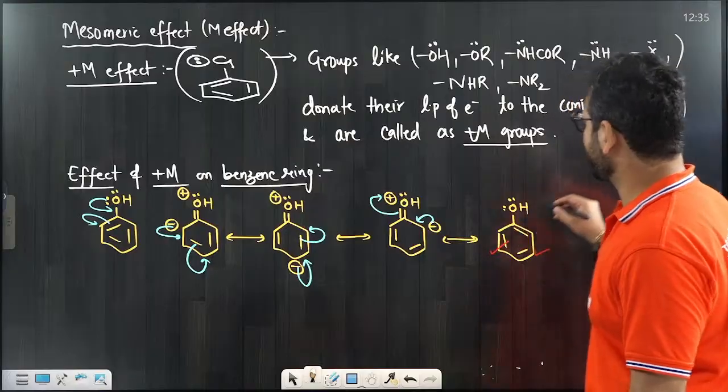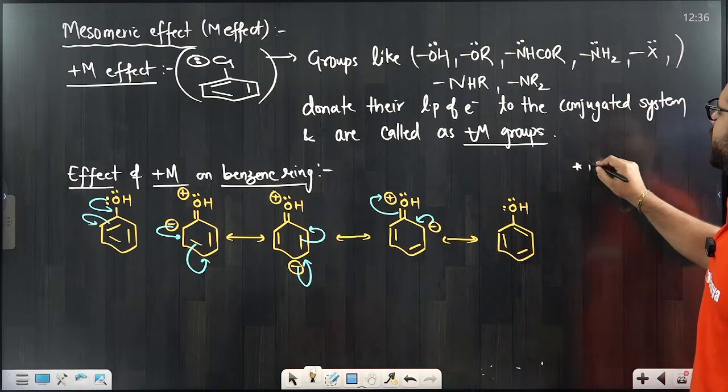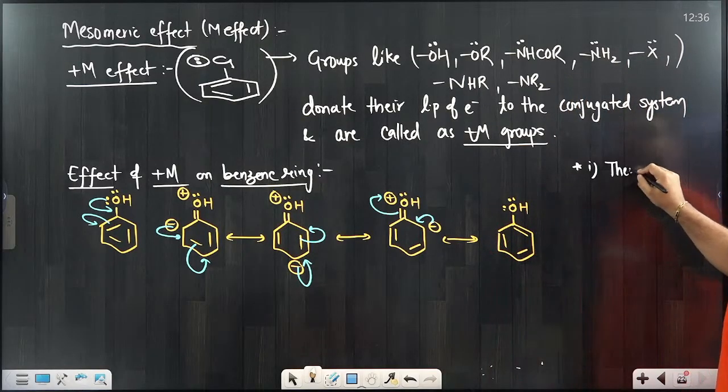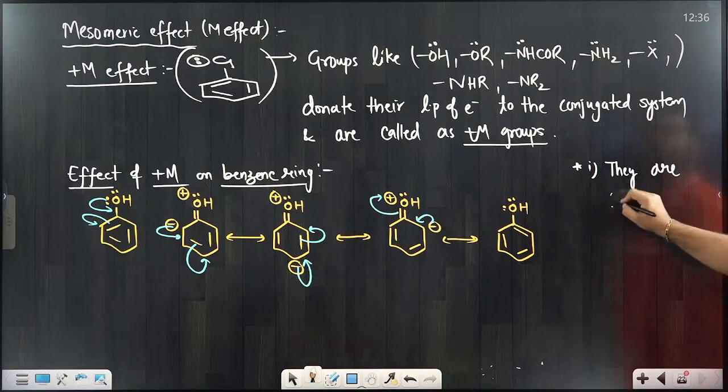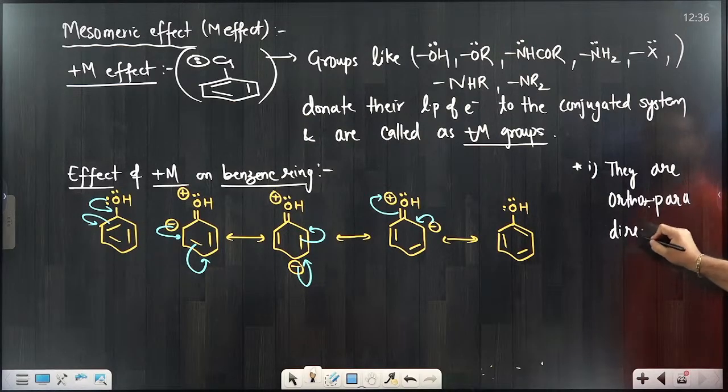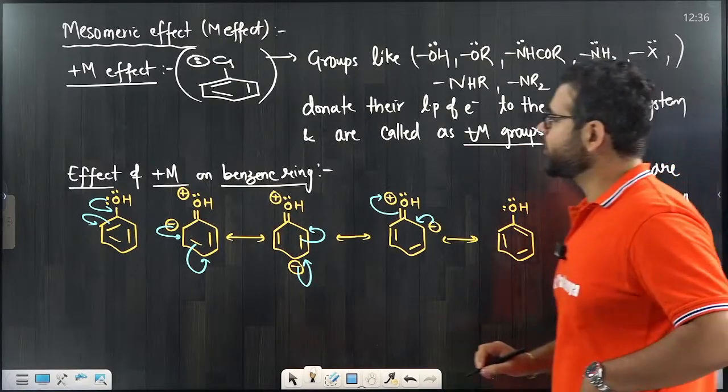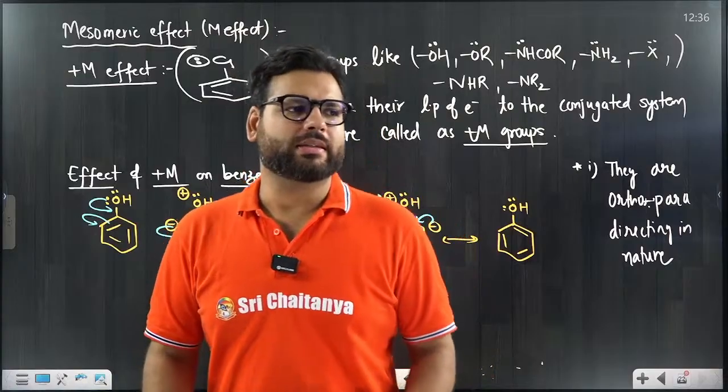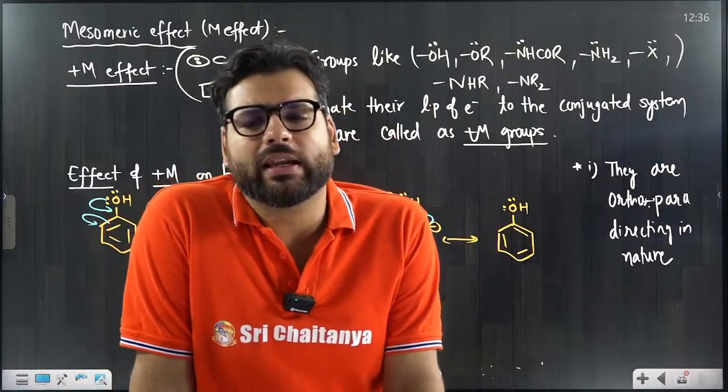So the influence of plus M is, first one, they are ortho para directing in nature. All of you must be knowing the meaning of ortho para direction is that whenever any electrophile will